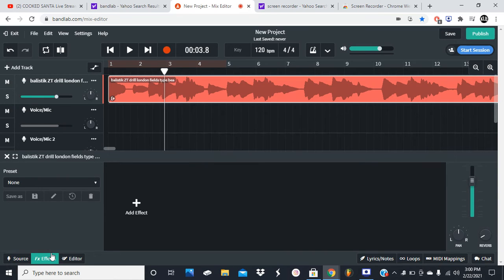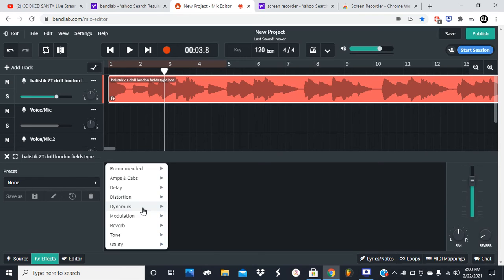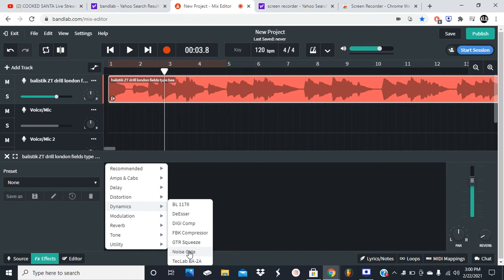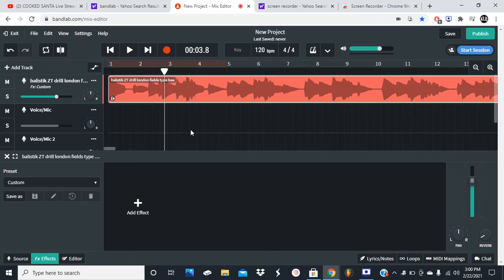And basically, the effect you need to block out all background noises except for your voice is noise gate right here. As you can see, I'm gonna apply it,